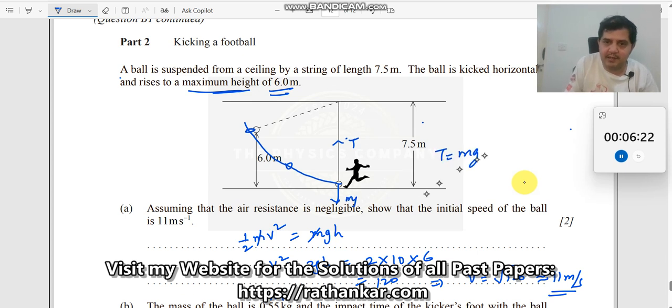If I draw the free body diagram, when it is at this point, the ball hangs here like this, right? Otherwise, it will not go in a curve like this. It could go in any way. Okay, so therefore here what happens is, this is your tension over here, this is your mg over here,